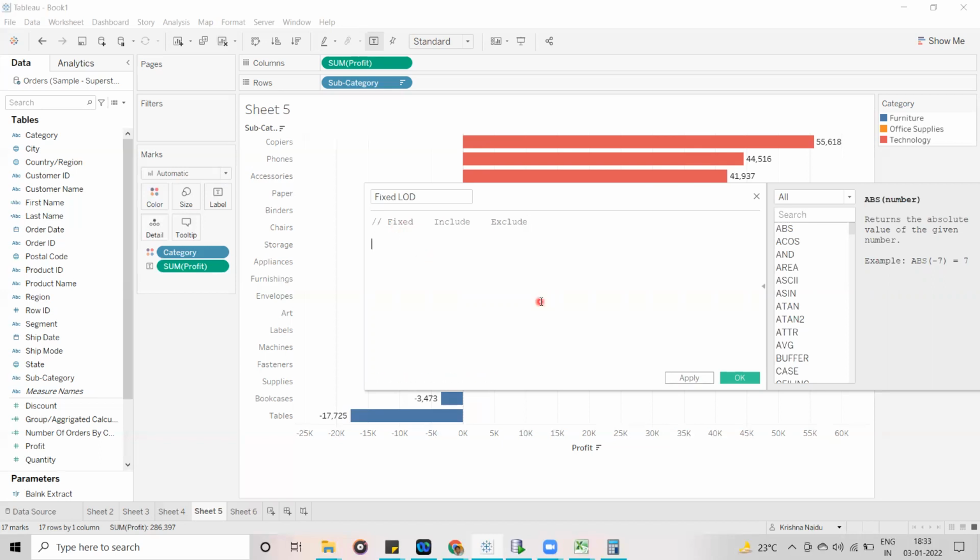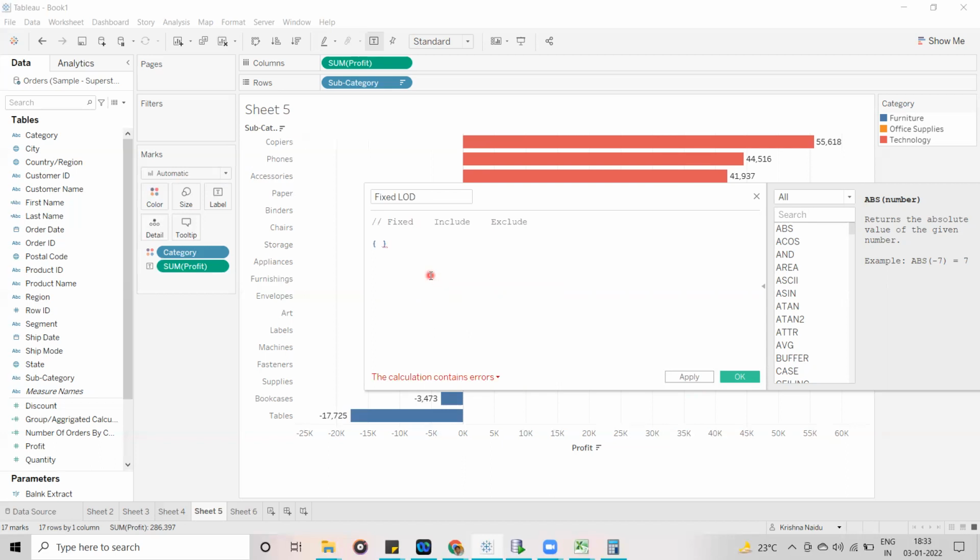Now out of 3, I'm going to use the LOD function. I want to fix the value based on 1, so I am going to use FIXED. Now you can see, guys, when I type FIX, you have this one. One more thing: the syntax of LOD expressions starts with curly braces. Whatever you are going to write is in between these curly braces.